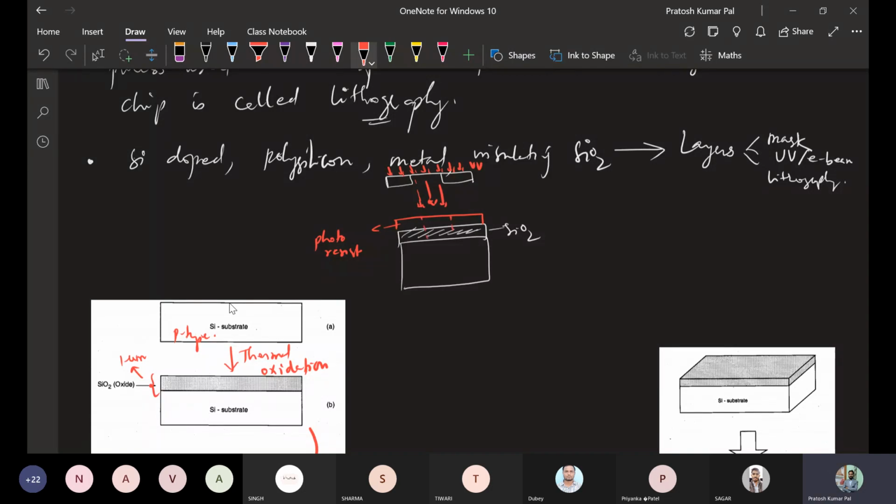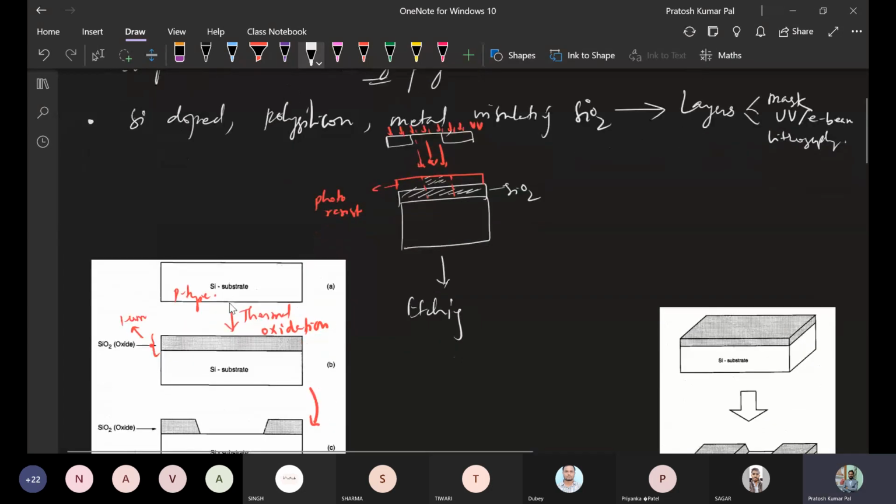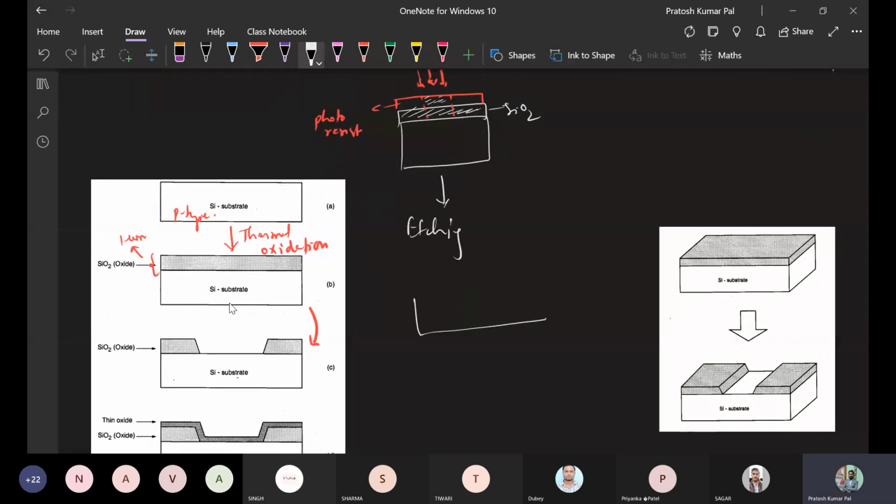So this selected region of the photoresist, as it is a positive photoresist, will become soluble. After this we will be performing the etching. Once we perform the etching, it will be like this.